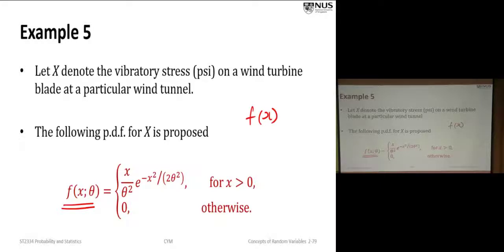X is the value of the random variable, but theta is part of the PDF, which is a constant. We call it a parameter, which is a constant. It does not vary randomly, so it's not a random variable. All right, so this is a fixed constant. If you don't like theta, you can call it A or C. It's just a constant.